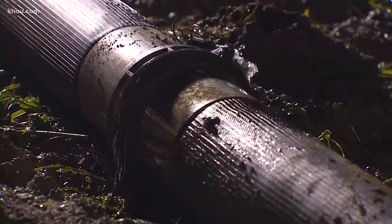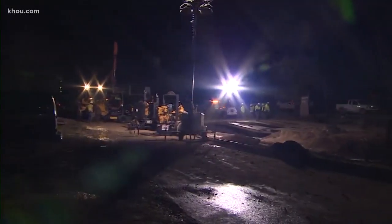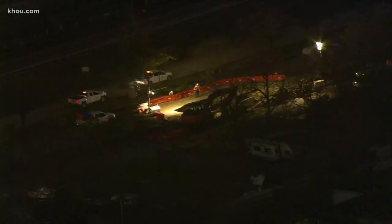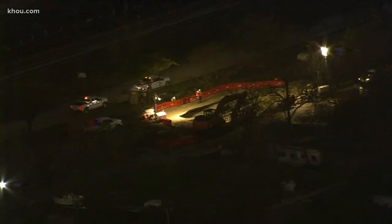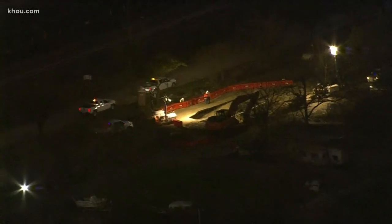Breaking now at 6:30, the East Loop is back open. The water main mess isn't over yet. Repairs have been going all night. Let's take you live now to Air 11, showing you what the mess looks like right now. The cleanup process is going to take days at the very least. Just look at the size of that hole in the ground. Now, if you want the very latest information on this, you can text